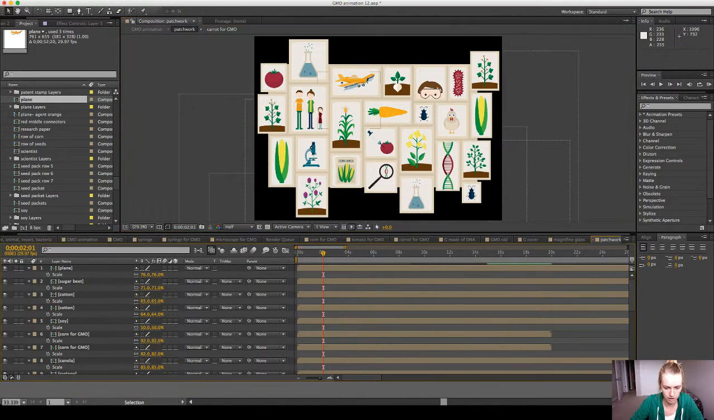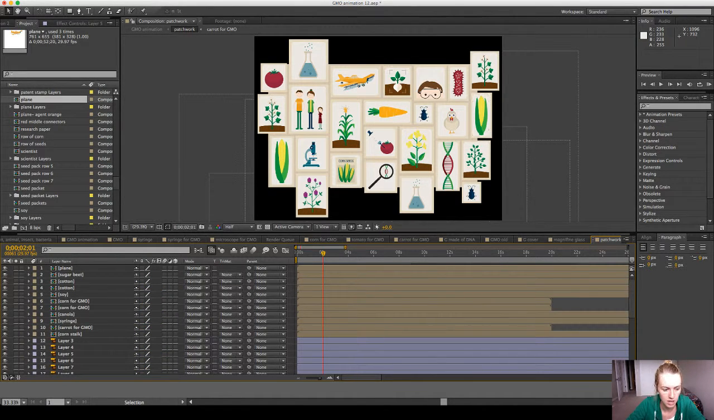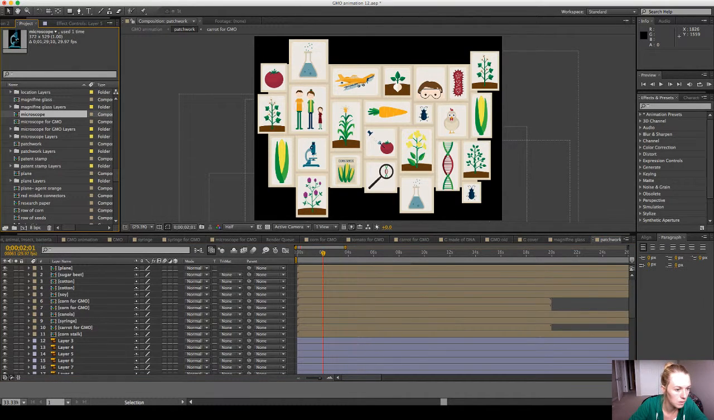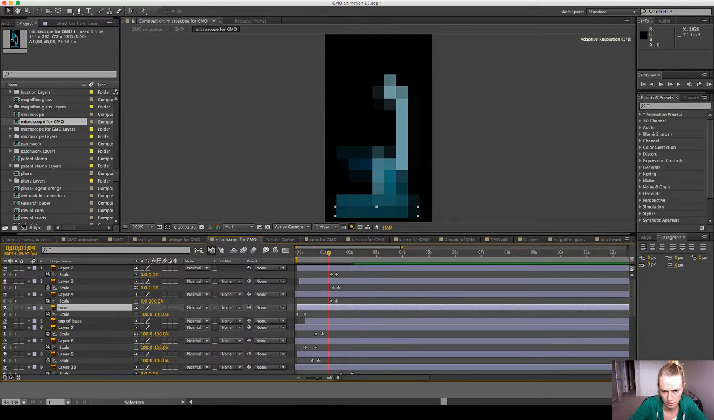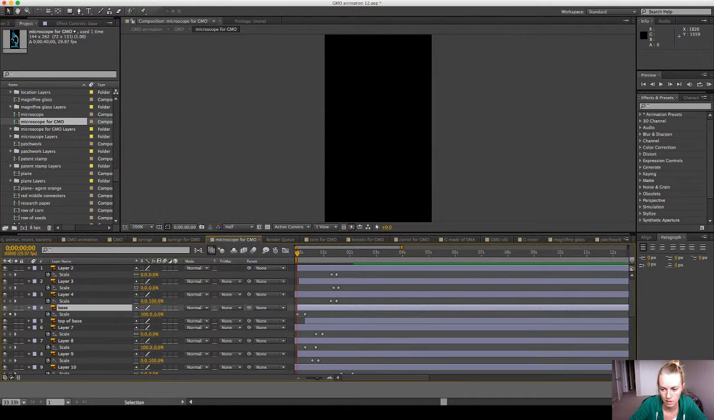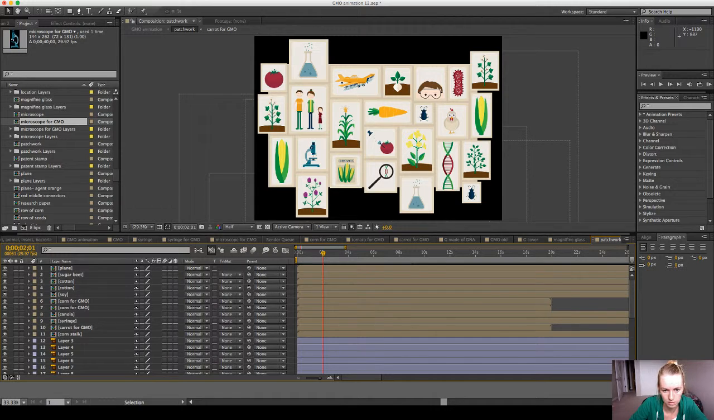Okay, so I have all these layers open, and I'm just gonna hit S to close them all because they're all scale layers, so S will close or open the scale property. And oh, I have the microscope. But I think it's this one. Yeah. Okay, so,